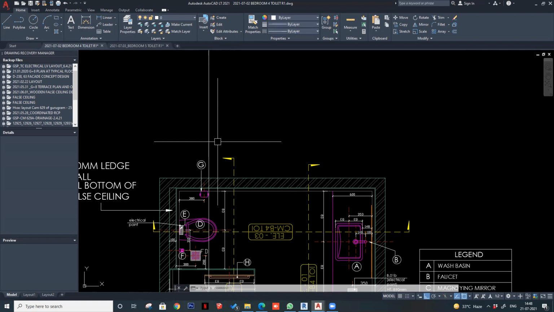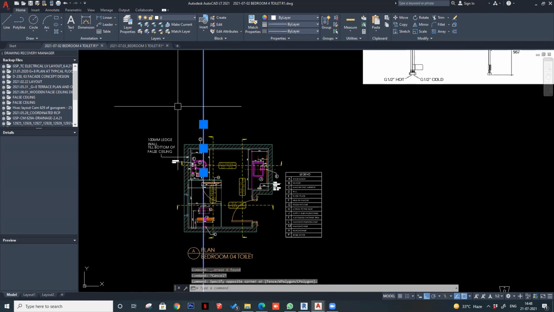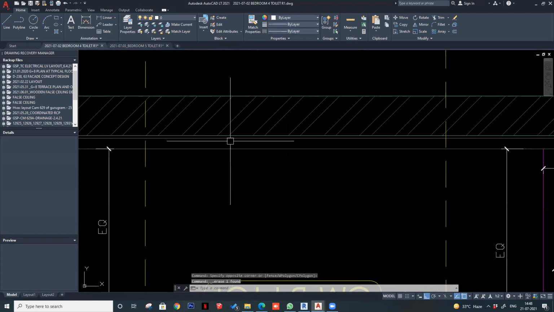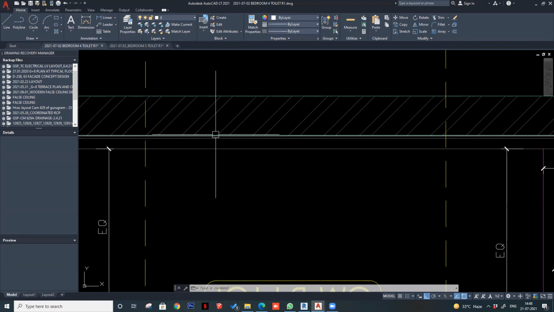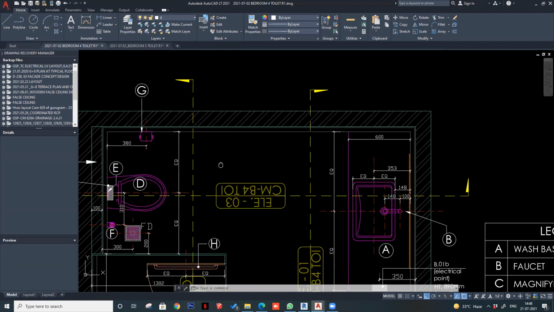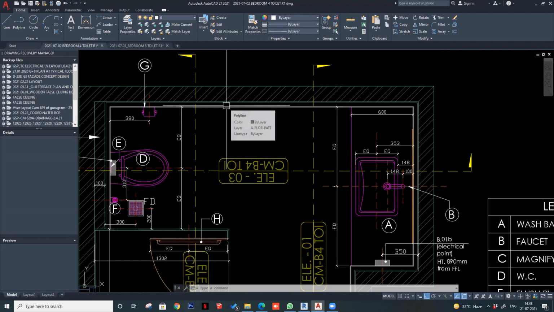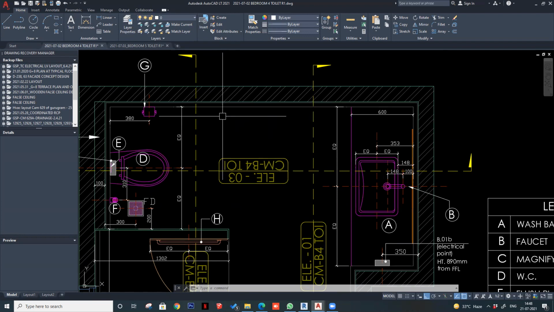And the fourth point you need from the site is the finish margin. When you're doing center lines, you can see these offsets, right? This is the finishing, this is the stone finish. So you cannot do the drafting from the raw wall because your center lines will not be in place then. Another thing which happened with me while drafting this was I was taking a finishing margin of 35 mm, which was 10 mm of mortar and 25 mm of stone. I was taking this as a standard dimension.